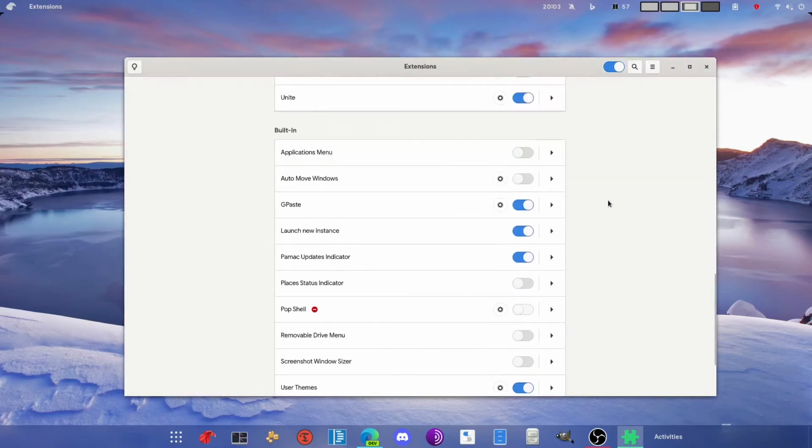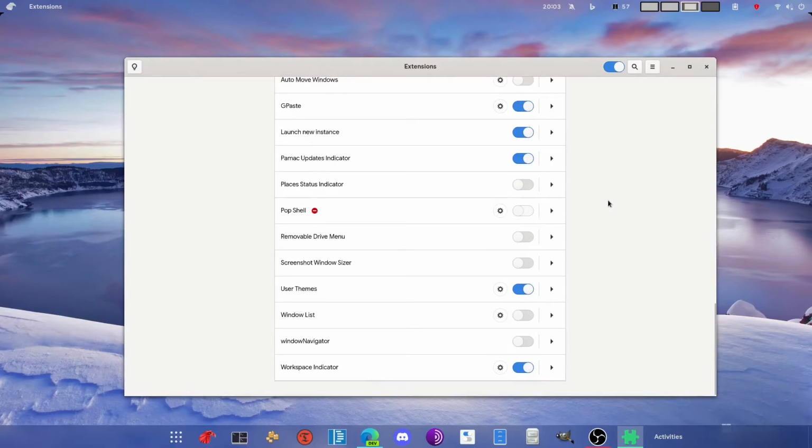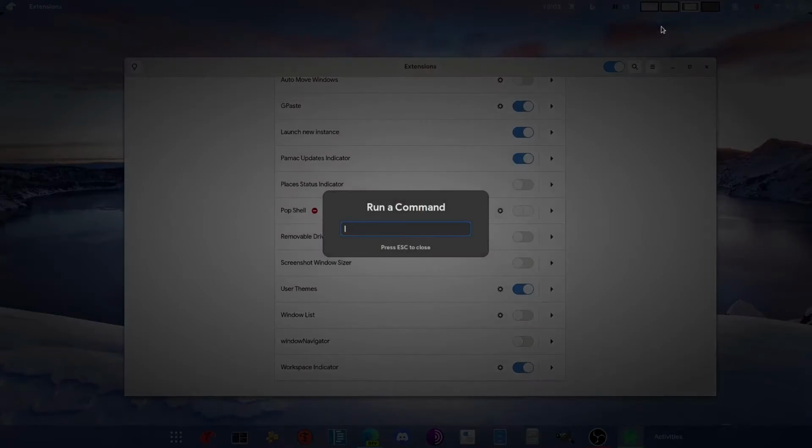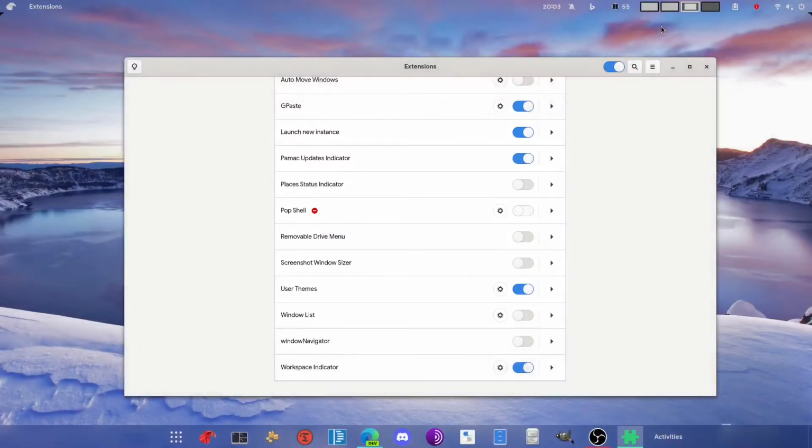Now extensions are just one part of customizing. The other part is themes and tweaks and stuff like that. So how can we do that? Now over here you can see this corner clipping. Okay, that's because I don't have any themes right now, plus I haven't restarted my GNOME Shell after enabling all these extensions. If you do this, then give it a quick reboot or just press Alt F2 and type R. It will just make a lot of things better.